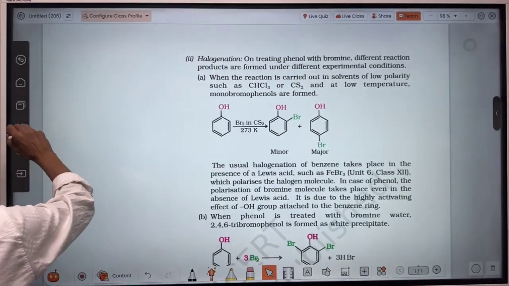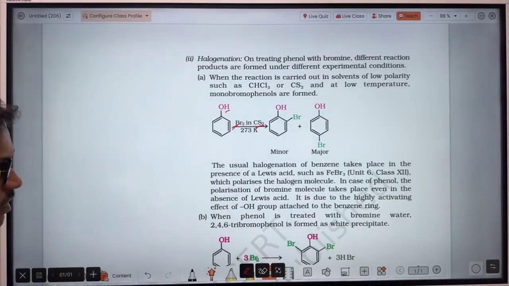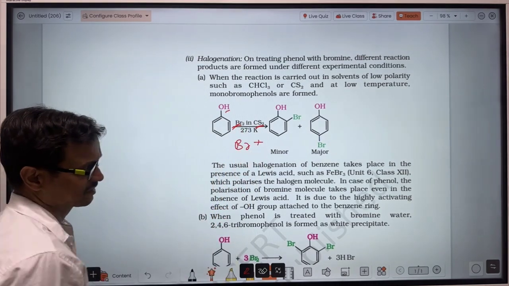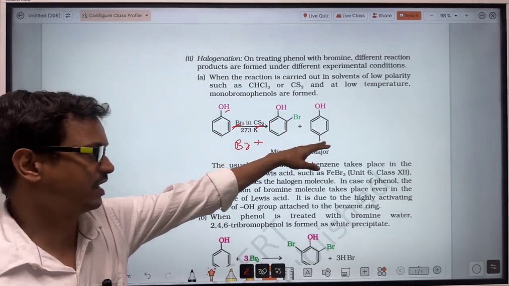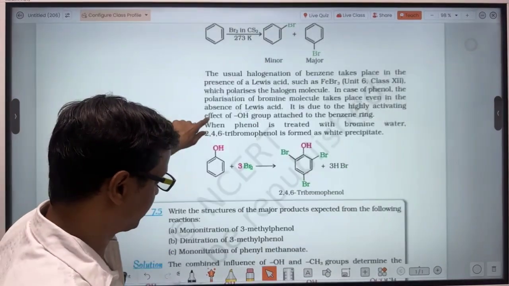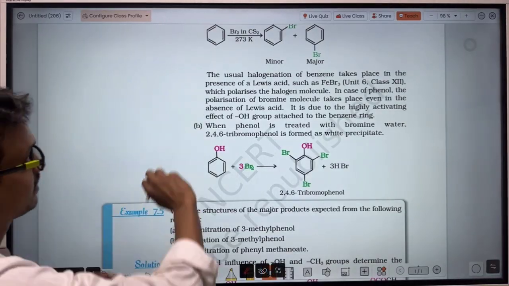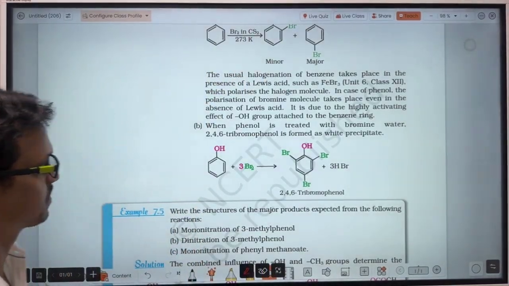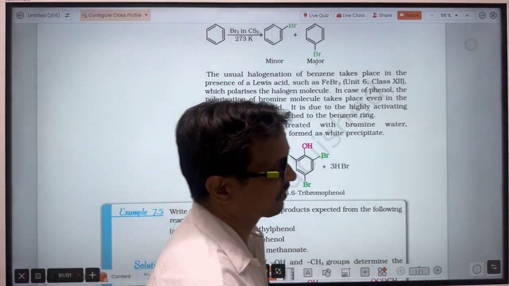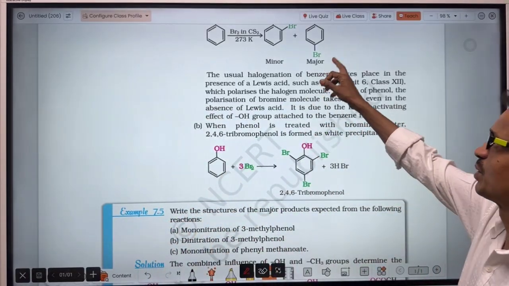Now halogenation. When phenol is treated with halogen in presence of CS2, a non-polar solvent, what happens? The electrophile will be Br+, which will bond either at the ortho position or the para position. Very easy. But be mindful here: when it has reacted in presence of CS2, there will be formation of ortho-bromophenol or 2-bromophenol as well as 4-bromophenol